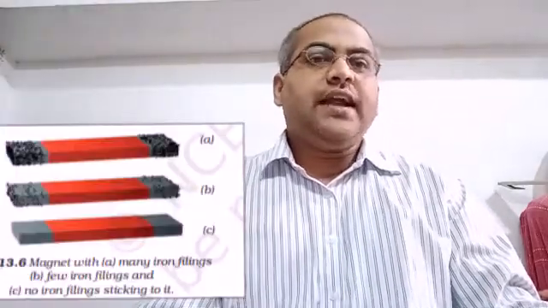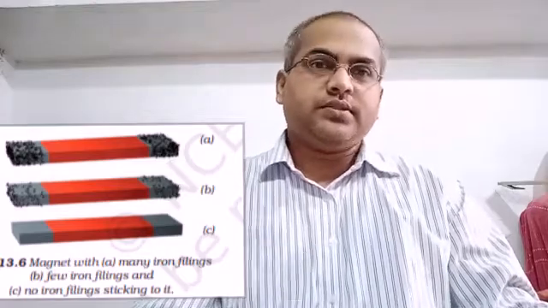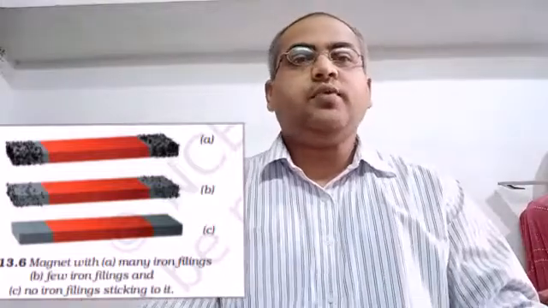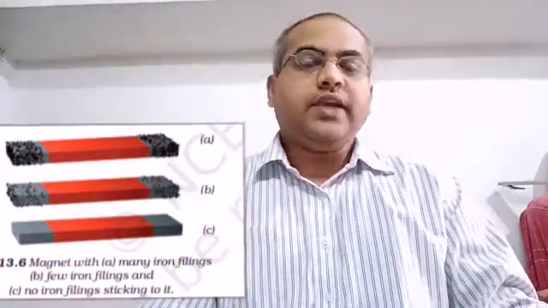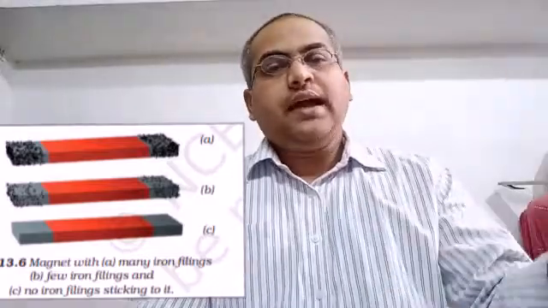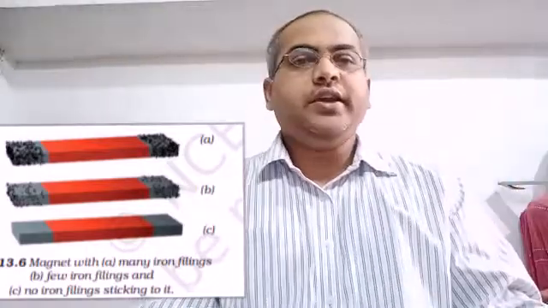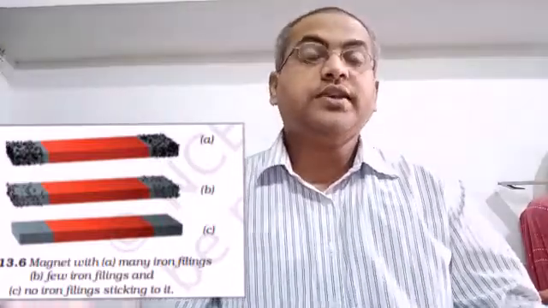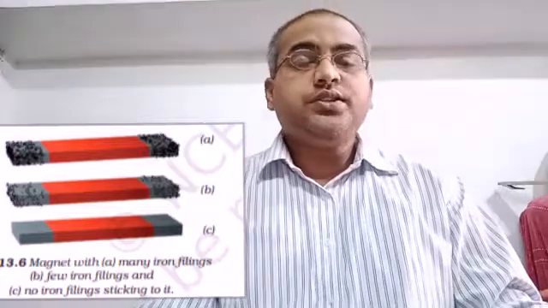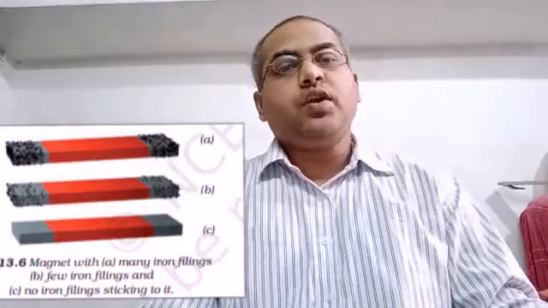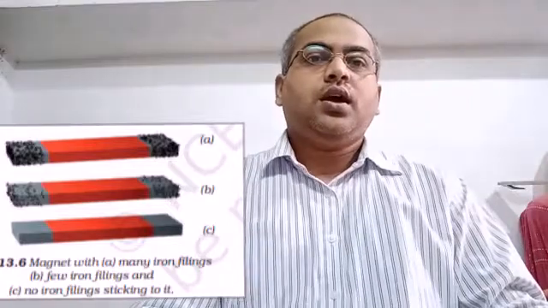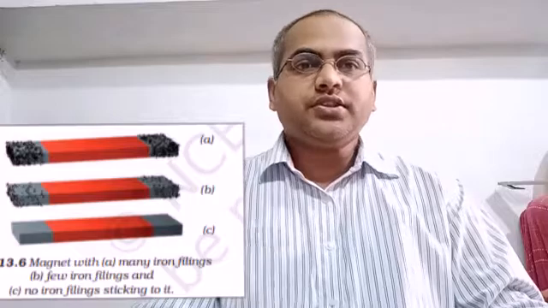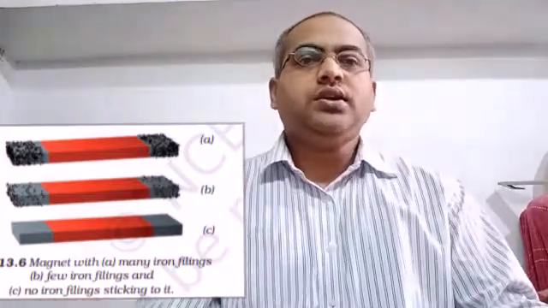So last day we had discussed the poles of a magnet, and today I am telling you a story that there was an emperor Huang Ti in China, and there is a chariot with a statue of a lady which always points its direction towards the south. What is the relation? The relation is, today we are going to discuss one important property of a magnet, that is, it shows directions, north and south directions.